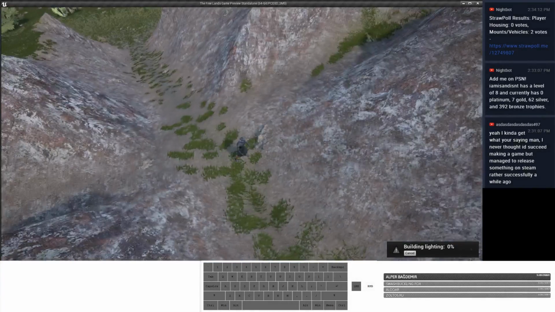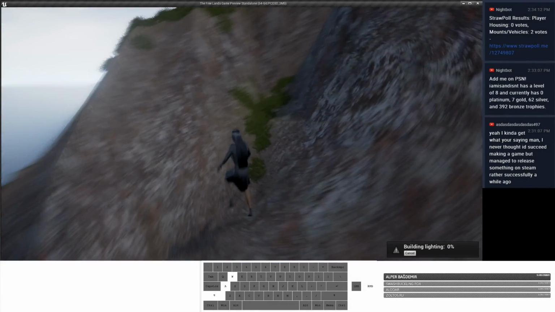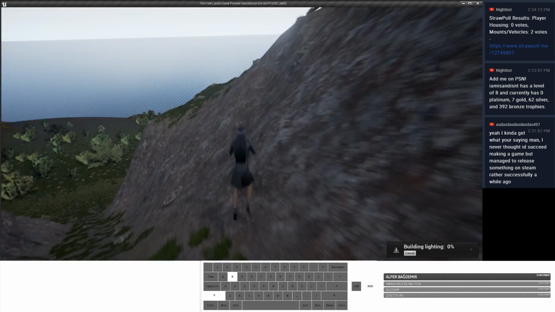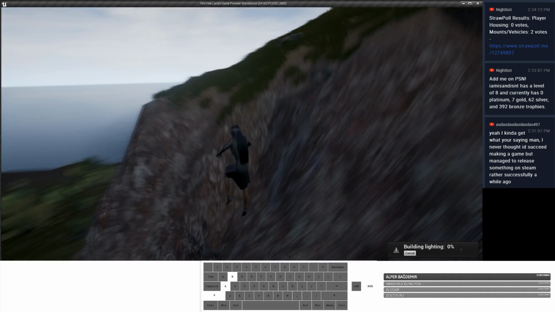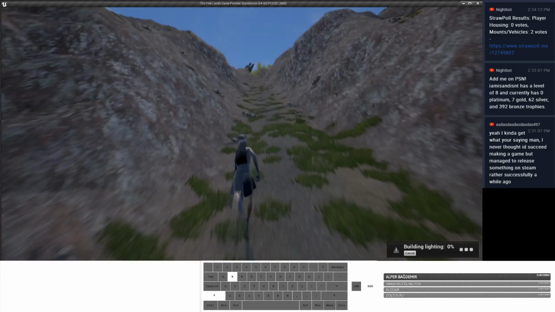Yeah, this is super flat. I mean, it's built-up lighting, so that's what I can expect, right? We'll see how it looks when it's done. But here, the birds are getting louder. Did you see that? Oh, Unreal Engine.